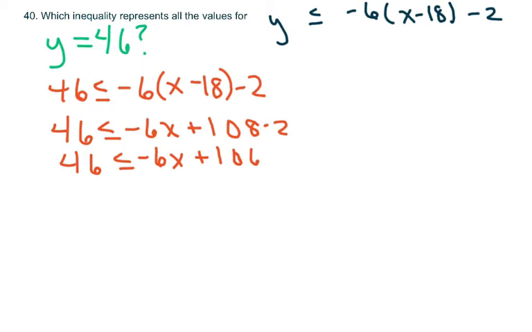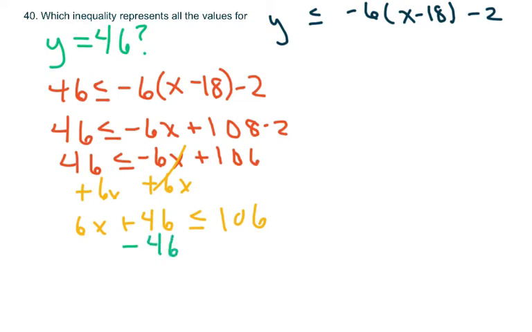All right. Now I have to simplify this, and what I'm going to do is move my x. I'm going to add x to both sides. So I get 6x plus 46 is less than or equal to, this cancels, 106. And then I'm going to subtract 46 from both sides. So that cancels, so you get 6x is less than or equal to,